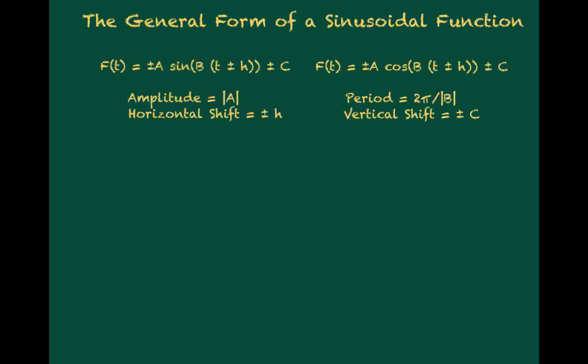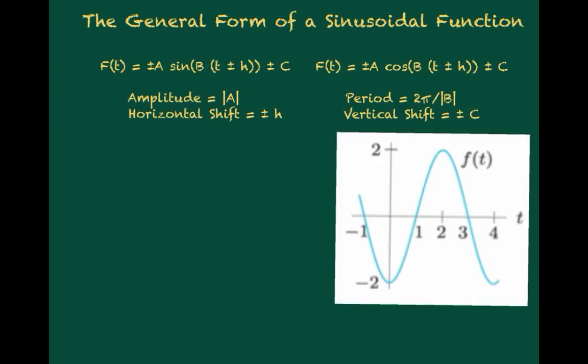Now keep in mind, the horizontal shift is always in the opposite direction of the sign of h, just like it is in the last section when we're shifting regular functions. Okay, let's take a look at an example function and see if we can figure out what the equation is for it. So this equation here, we know that f of t